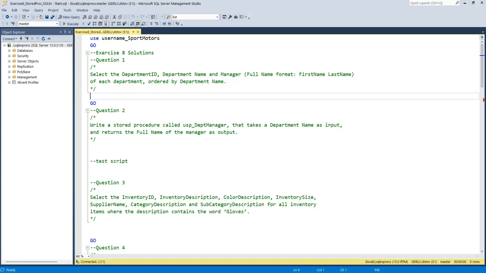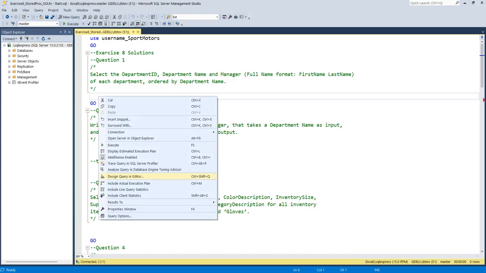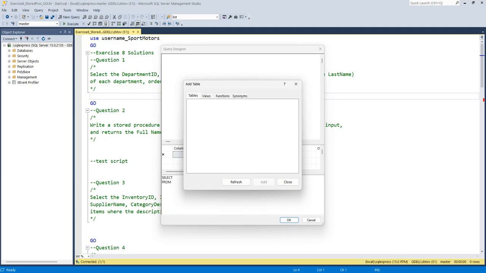So it's up to you if you want to just write it from scratch, but I'm going to continue to show you some of the flexibility you have with the query design editor, right? I like it in particular when it comes to working with the actual,